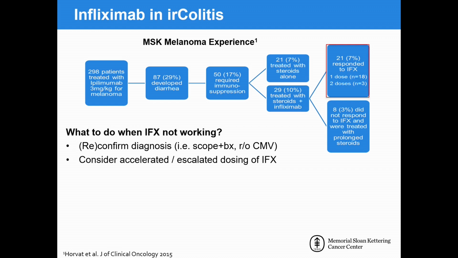So one is this idea of accelerated or escalated dose of infliximab. Borrowing from our experience with acute ulcerative colitis, we've come to understand that when patients have a large inflammatory burden, and patients with acute colitis have a tremendous amount of circulating TNF and inflammatory cytokines, their C-reactive protein is usually through the roof. Their albumin is low. They develop what's referred to as a TNF sink, where you give them a dose of infliximab and it is very rapidly used up.